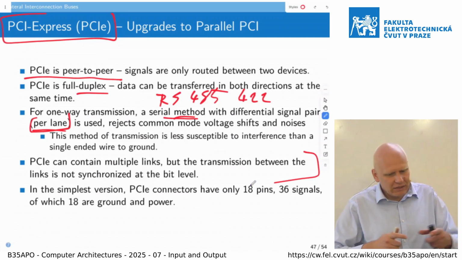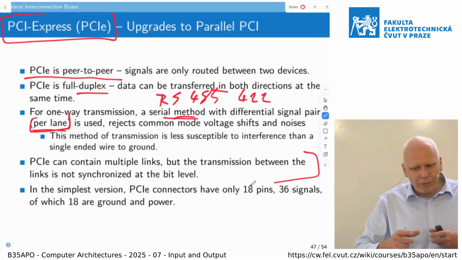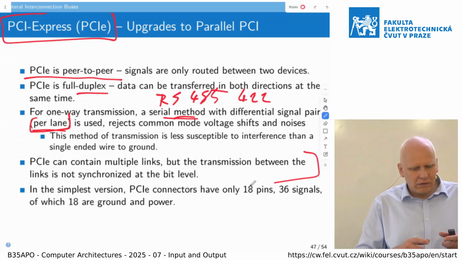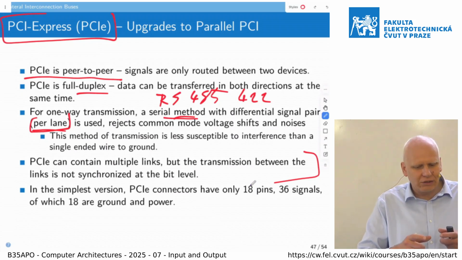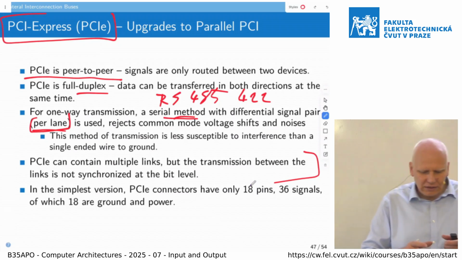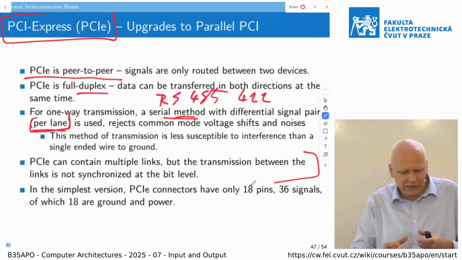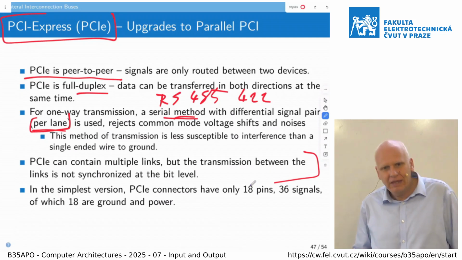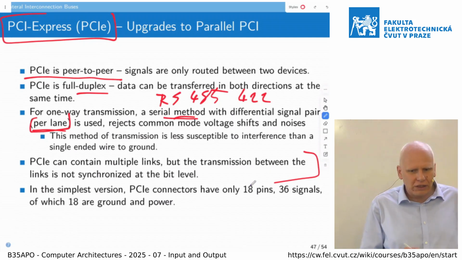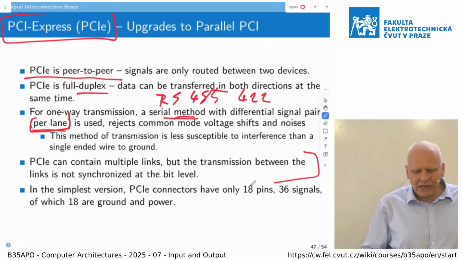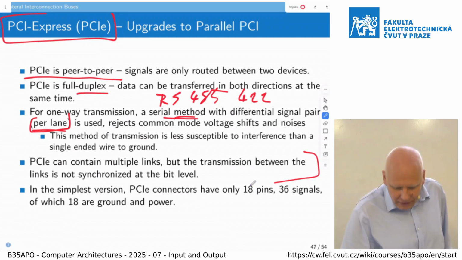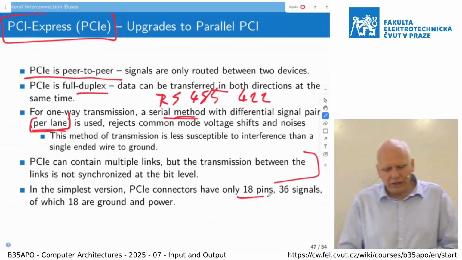And the delays between links are no problem if the delay is not longer than the time to send the whole byte. There is the flexibility that a difference in the delays up to the time to send 1 byte is no problem. And because we need to have the clock here, the clocks are reconstructed directly from the data signal. And another advantage is that the connector has